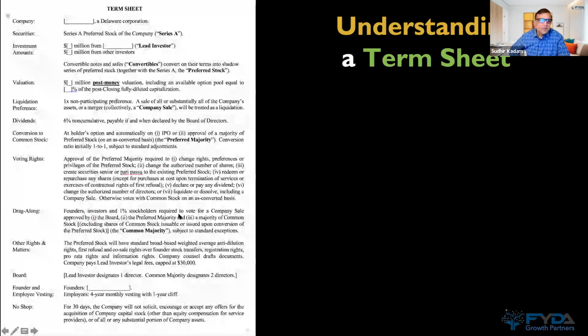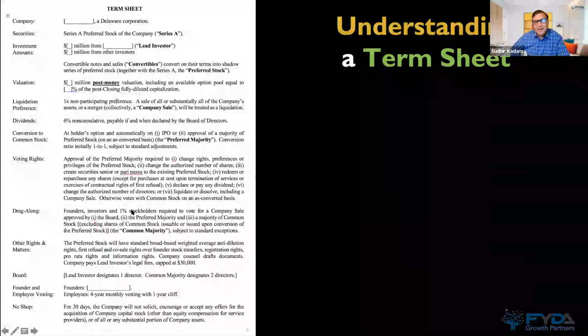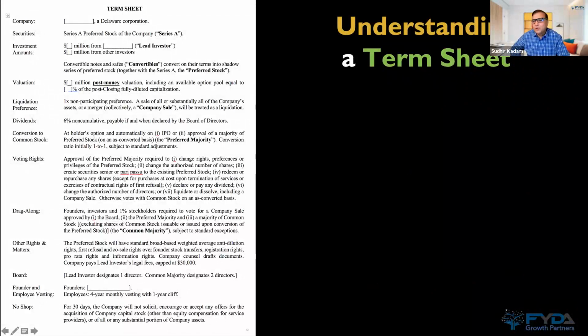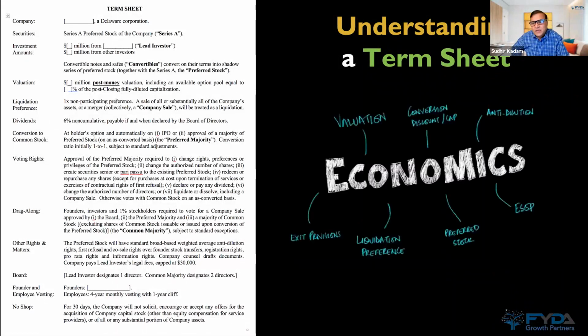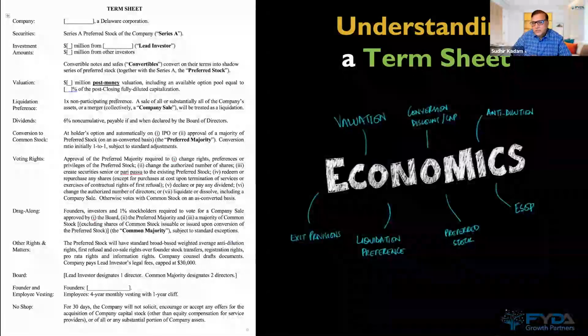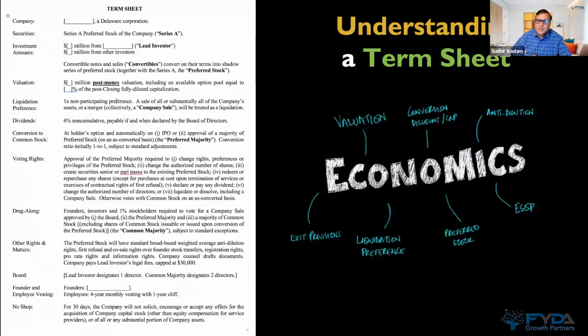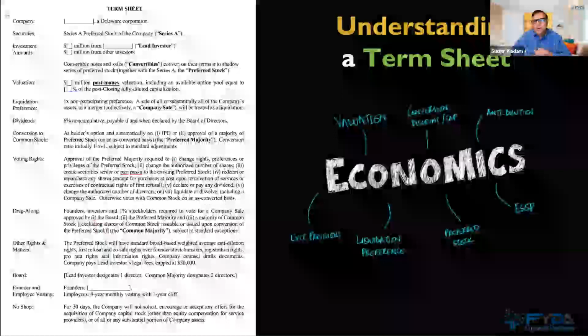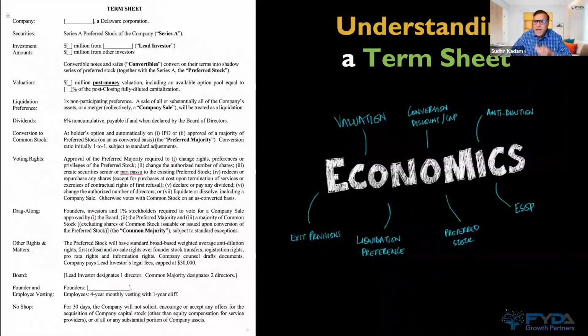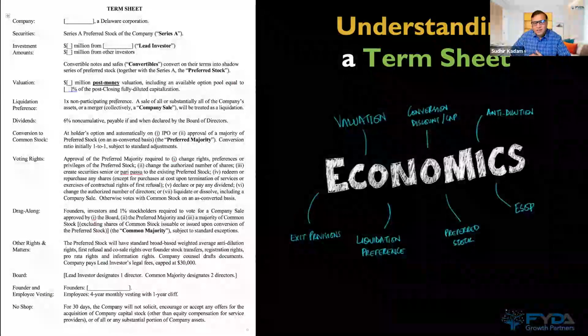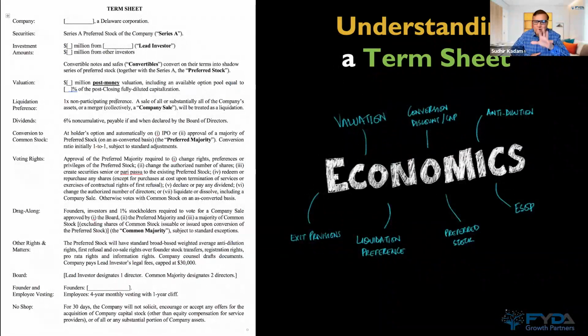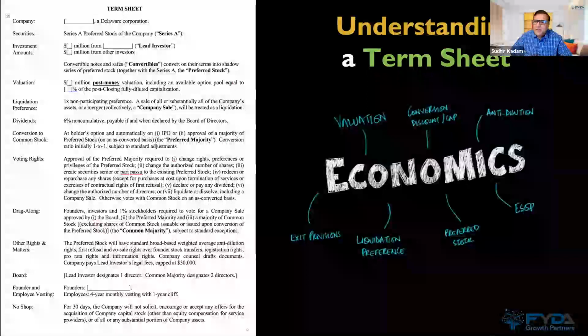So this is what a term sheet looks like. You will see there are a lot of terms over here on the left-hand side, and I'm not going to go deeper into it because this will take at least 10 minutes to make you understand what it is. But just understand that there are 2 aspects of a term sheet. One is the economic aspect, which is in terms of valuation, the cap, ESOPs, the preference stocks and non-preference stocks, all those kind of things that come in.